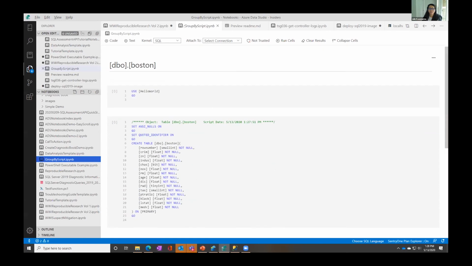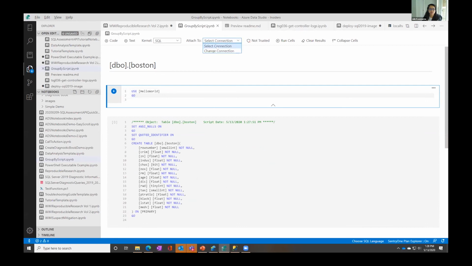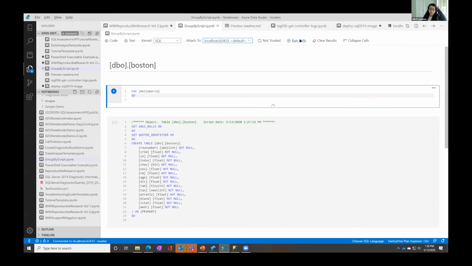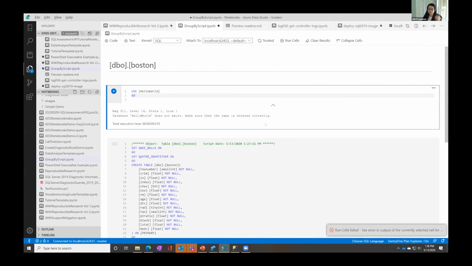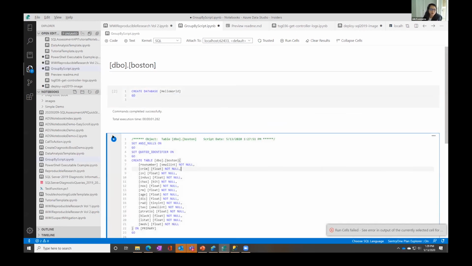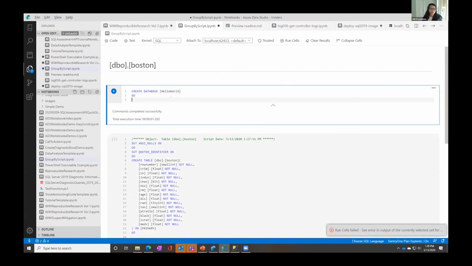Yeah. So obviously if I use Hello World, it might actually crash because I already have it there. So let's say I want to create it in my new server that I just created. So now I can do Run Cells. Oh, something is not quite right. Oh yes, because I don't have Hello World. In this case, I have to create the database. I don't recommend creating a database on the fly, but since it's a demo,